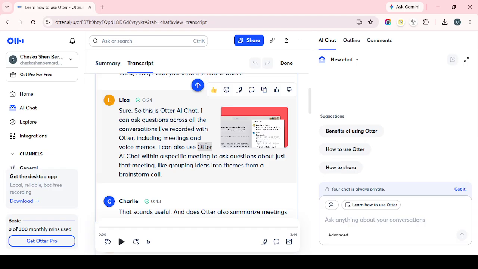To improve the overall structure of the transcript, add paragraph breaks by pressing Enter wherever you want to separate blocks of text. This is especially useful when the transcript contains long sections that are difficult to read as one continuous paragraph. Breaking the content into smaller sections makes it easier for viewers, editors, or team members to scan and understand